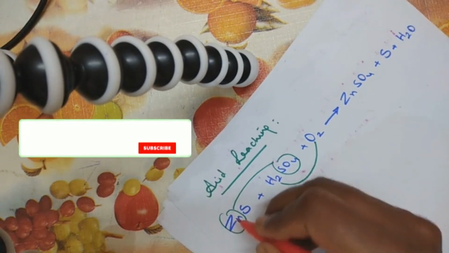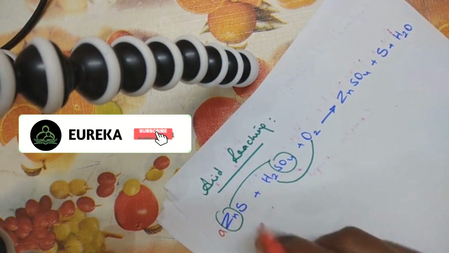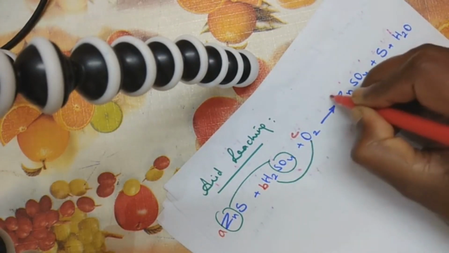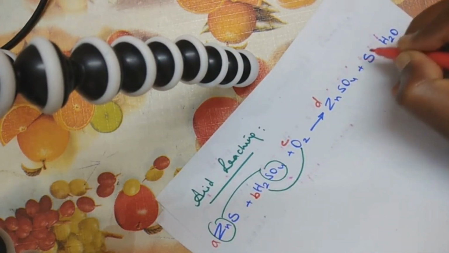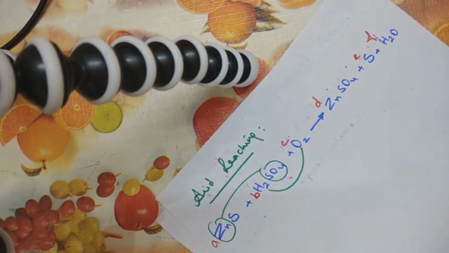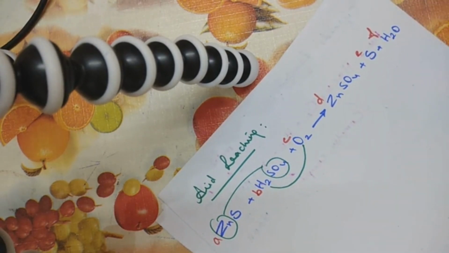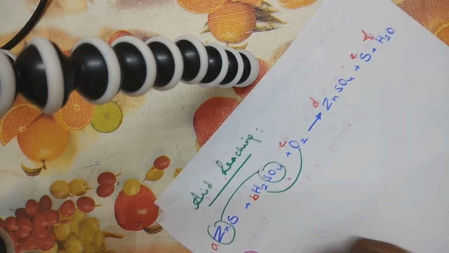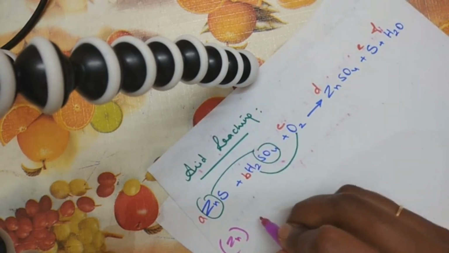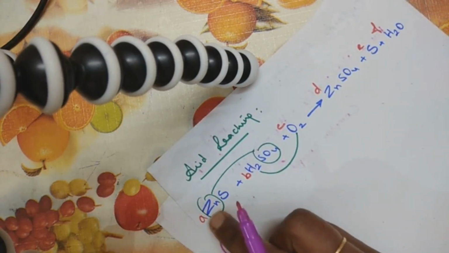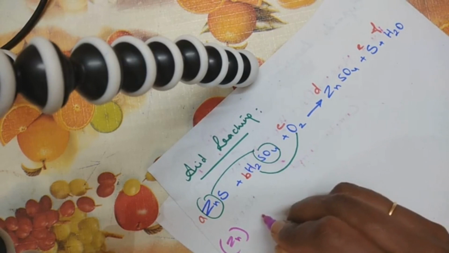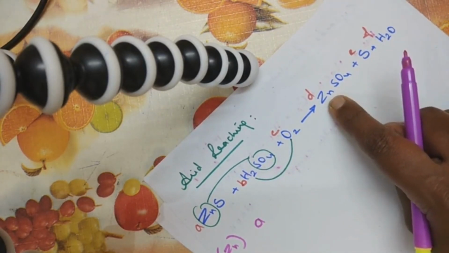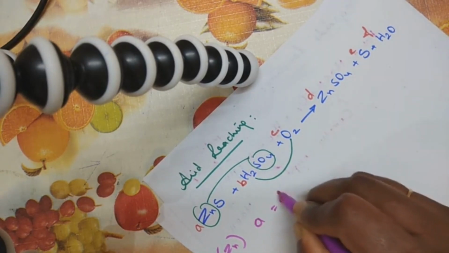Now as I told in the previous video, A times this molecule plus B times and C times this one gives D times this, E times this, and F times this, as we did earlier in the morning. Let me take zinc to be A. How many times do I have zinc? 1 time. So I've got A. Nowhere else do I have zinc. On the other side, how many times do I have? D times. So A is equal to D.